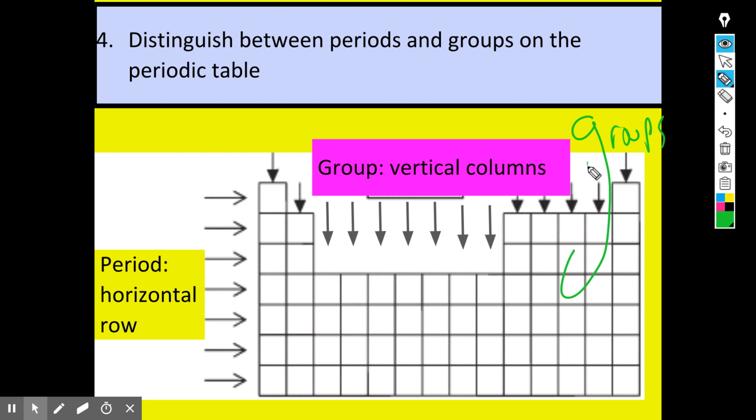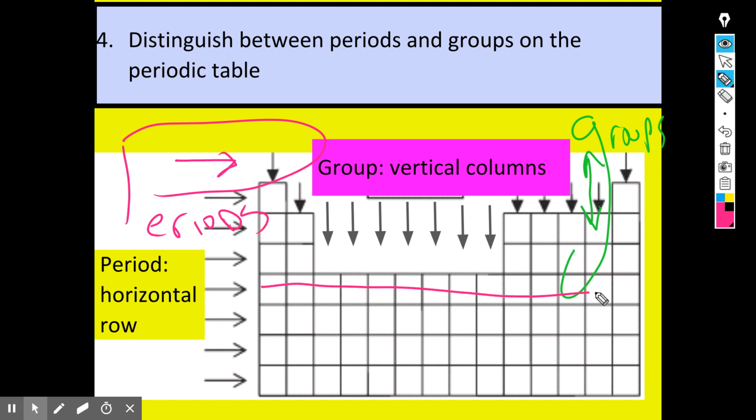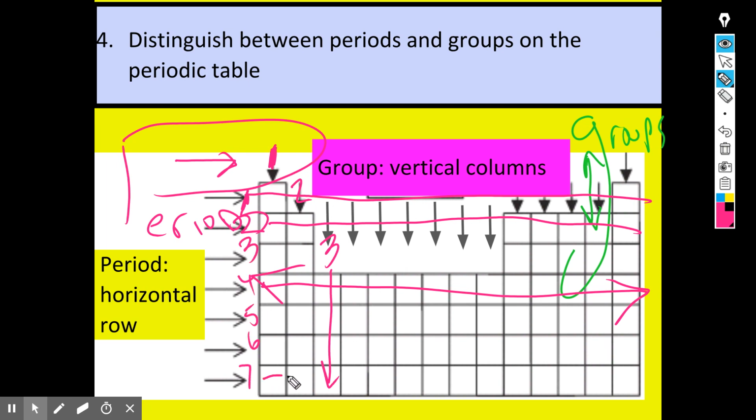Remember that groups, if you can picture that G tail going up and down, go that way. And periods, if you can exaggerate that P, periods go horizontally across the periodic table. Those are periods, and we number them starting here. Number 1 for the groups, group 2, group 3 is all this, and going down the right, we number them. This is period 1, period 2, periods go across, period 3, 4, 5, 6, 7. This is period 7